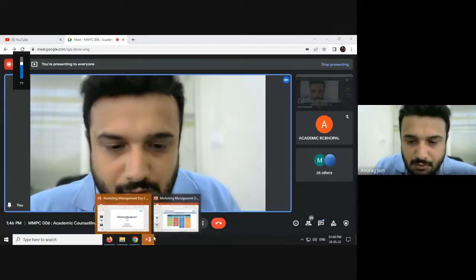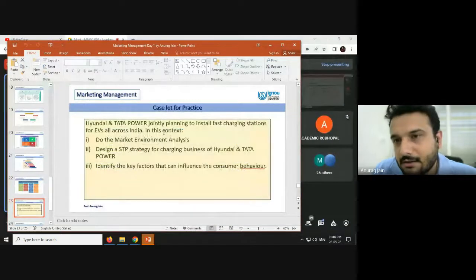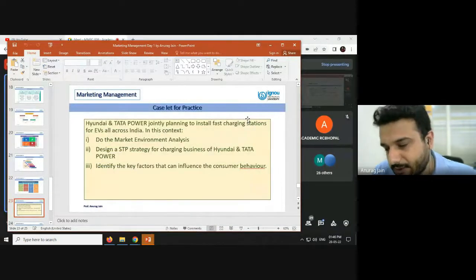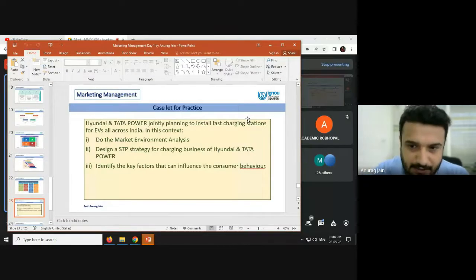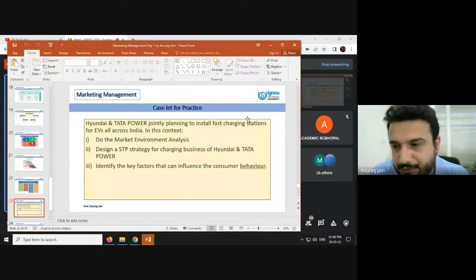Fine. So I have a small case for you which I have planned. Though there is a paucity of time, so we cannot discuss it in the class today. But what you need to do, it's a very small caselet which I have prepared, and actually I think last week only I read this news in a newspaper, and out of this I have developed a small case for you. You can take a screenshot of this case for your comfort.